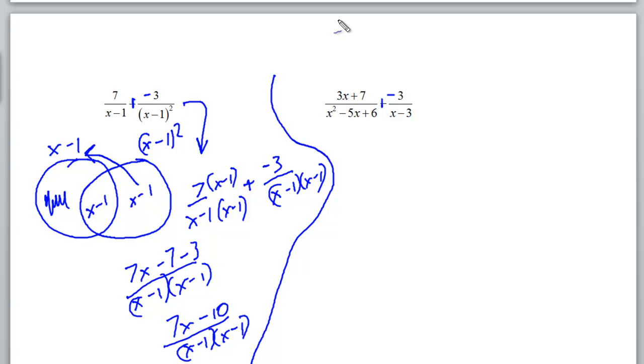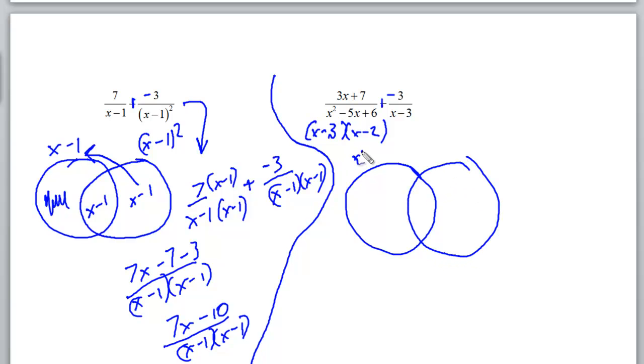Alright, now this problem here. You'll notice this is x squared minus 5x plus 6. So that can be factored. Can you think of two numbers that multiply to make 6 and add to make a negative 5? That's right, it's x minus 3 and x minus 2. So as I get my Venn diagram ready,